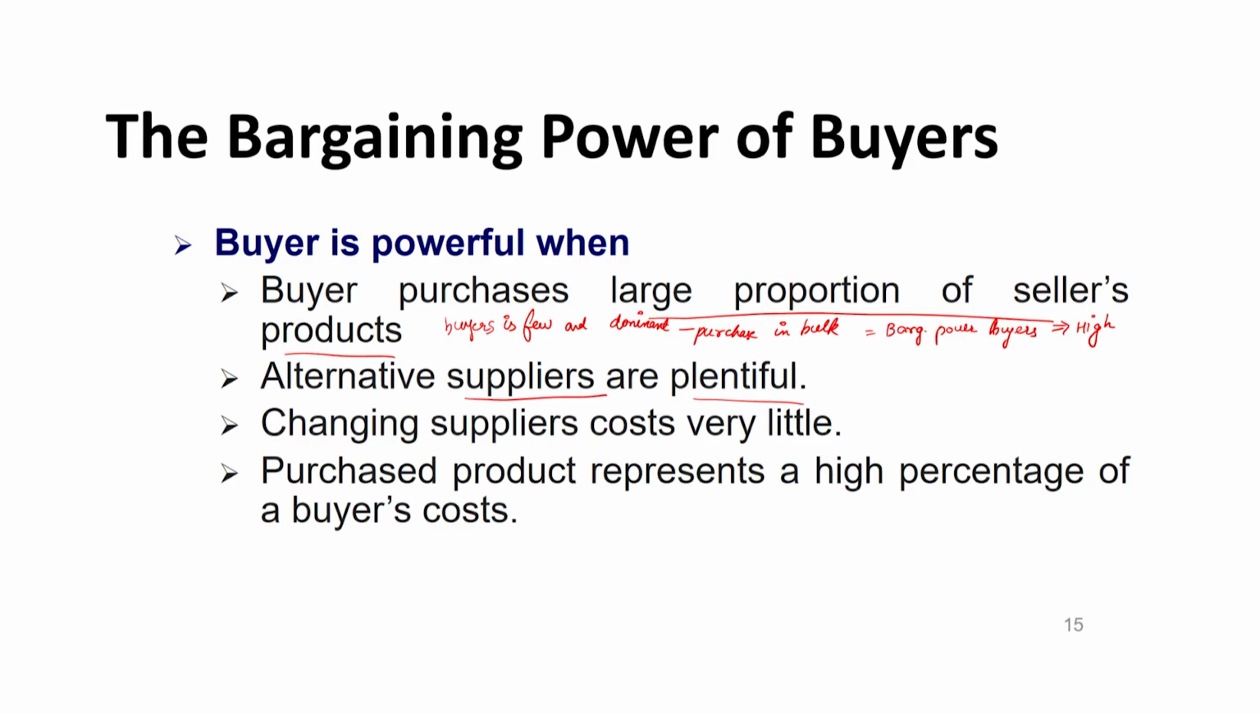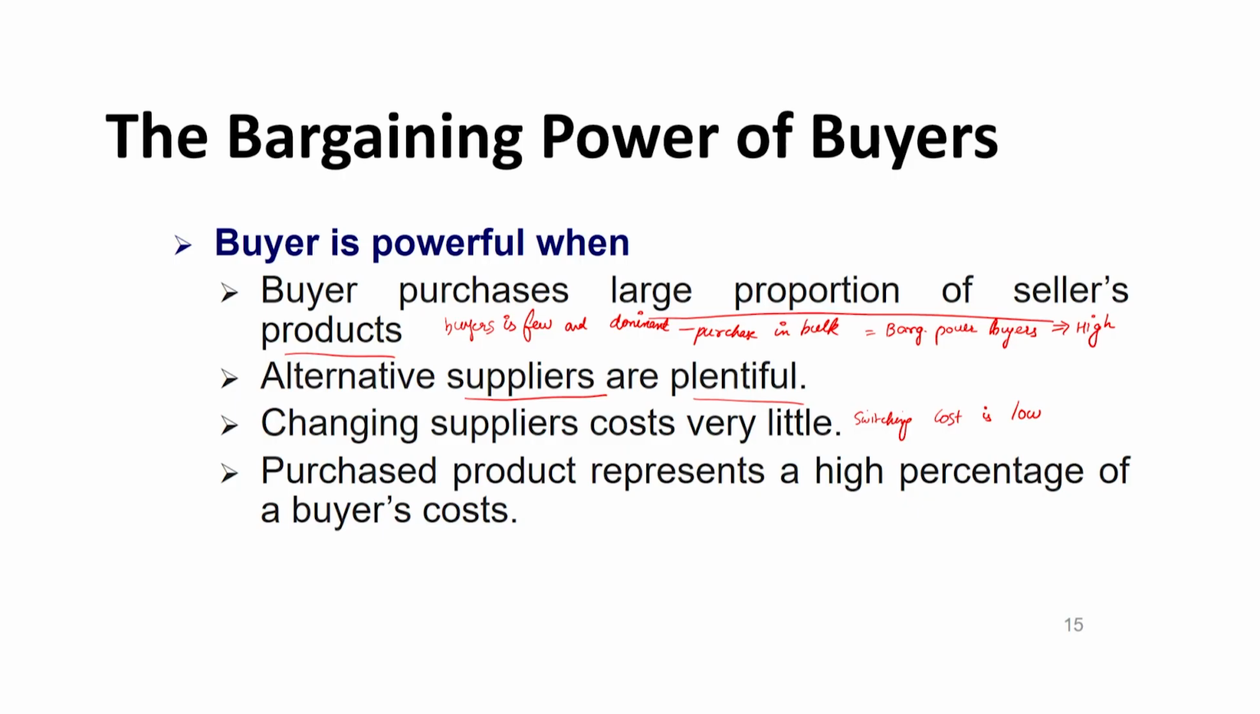So bargaining power of buyers means both low prices as well as better quality. Third point would be changing suppliers cost very little. That is, when your switching cost is low, when you can easily switch from one seller to another seller, there also your bargaining power as a buyer would be more. For example, if you want to purchase stationery, that is something which you can purchase from any shop wherever you are getting the best price or the best quality because switching cost is low in this